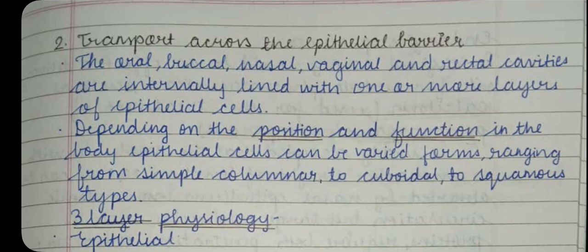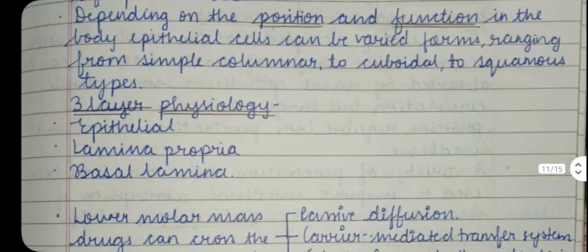Transport across the epithelial barrier. इसमें क्या होता है, बक्कल, म्यूकोसल, ओरल, बक्कल, नेजल, वेजाइनल और रेक्टल कैविटीज़ जो होते हैं वो इंटरनली लाइंड होते हैं एक या फिर एक से ज़्यादा इपिथेलियल लेयर के सेल से। उनकी जो पोजीशन और फंक्शन के ऊपर डिपेंड करके, बॉडी में इपिथेलियल सेल्स जो होते हैं वो डिफरेंट टाइप्स के होते हैं, रेंजिंग फ्रॉम द सिंपल टू द क्यूबॉइडल टू द स्क्वैमस टाइप्स।